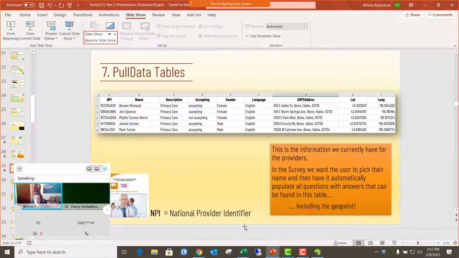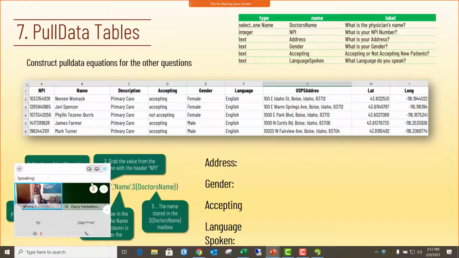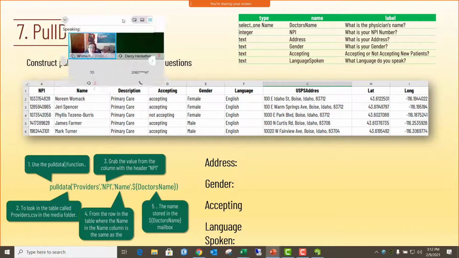Let's see here. Looks like I got two slides going on. Okay, from current slides. So we've done that. Okay, here we are. So we constructed the